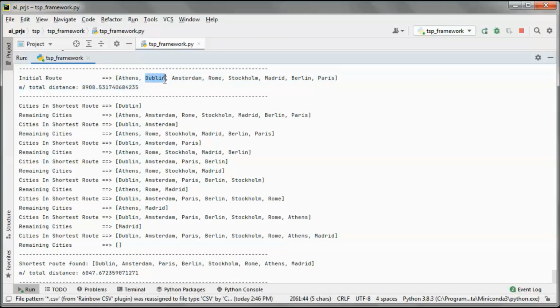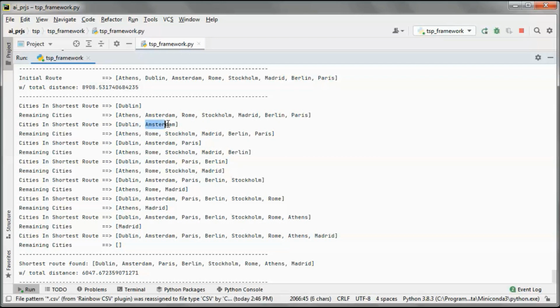So we picked this city randomly, and then we checked the distance from this city to each one of the remaining cities, and we found that this city has the shortest distance to this one.